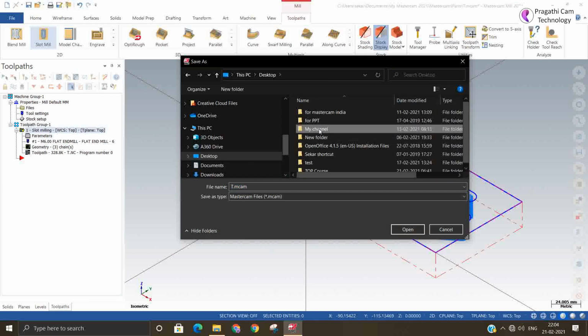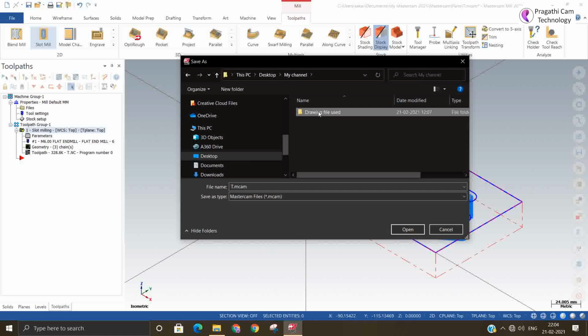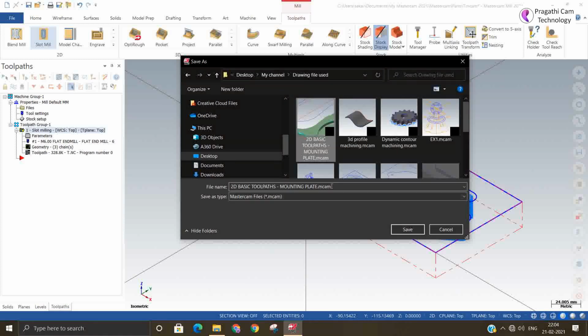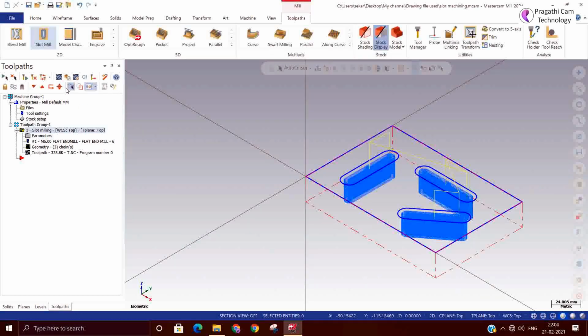So if you want, we can save this file. Okay. This is all about the slot toolpath.